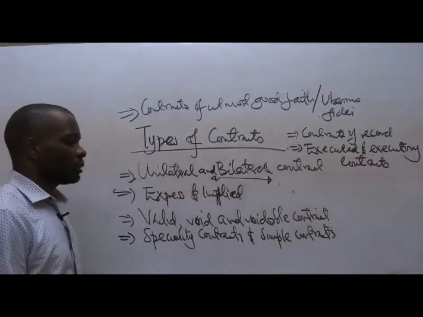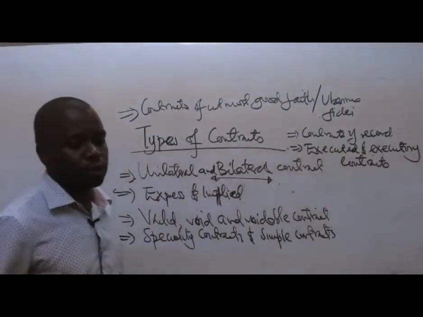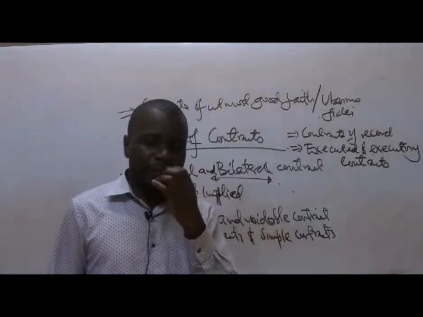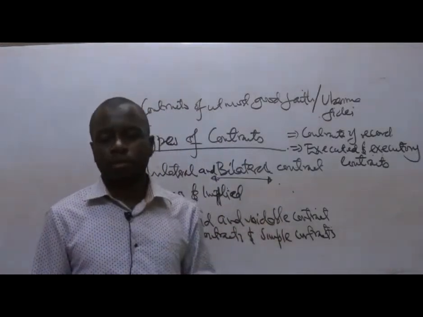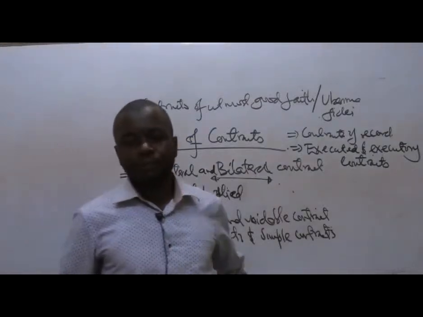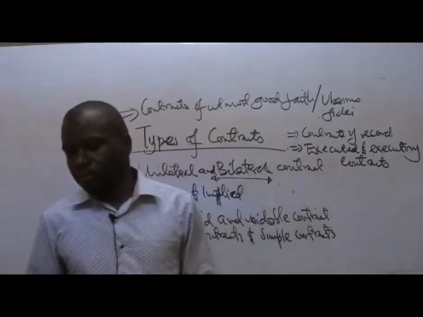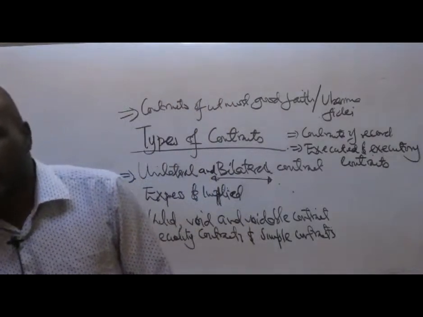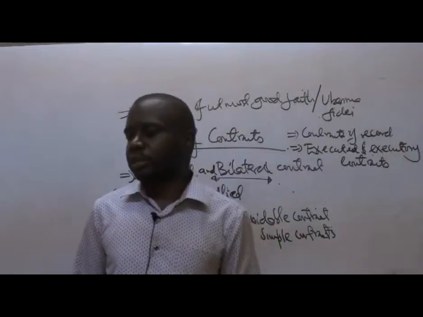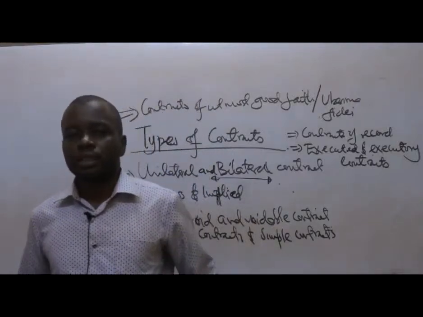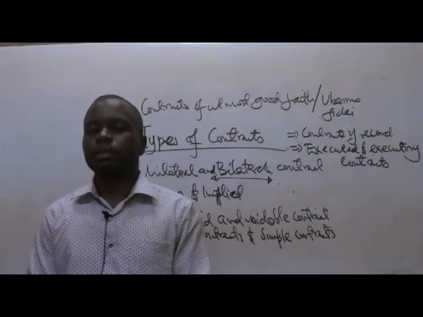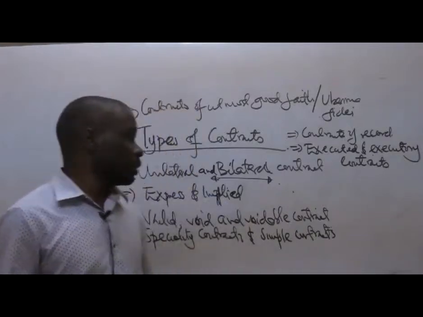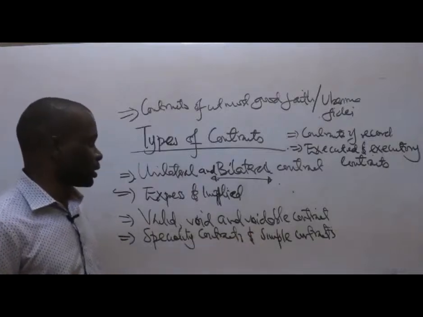Voidable is basically one where one of the parties has an option to avoid such a contract. So if you have the option under the terms, then we can term such a contract a voidable contract. This simply means that if the students have not paid, then of course the teacher can fail to continue to teach. So you can simply avoid that particular contract. So it is an avoidable contract. It doesn't tie the teacher. It depends on whether the students have been able to pay for the tuition. So it can be termed an avoidable contract.